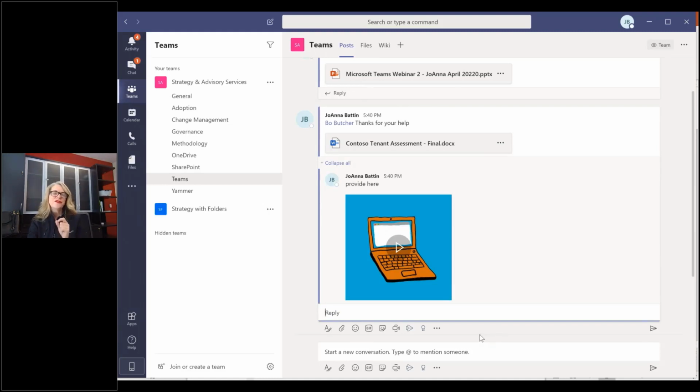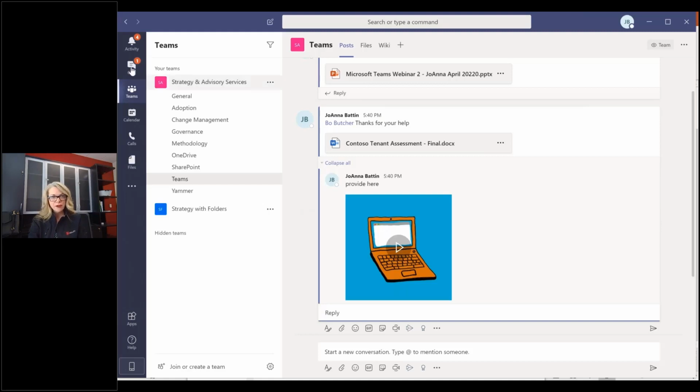So let's talk about the file storage and where files are stored within Teams, because we're going to switch over here to chat in just a second and talk about some of the same capabilities that are in the chat functionality. But when we talk about file storage inside of Teams, we're talking about the SharePoint infrastructure that exists behind the Office 365 group that is tied to the team. And so as I'm working in my team, the folder structure is there, the files are saved there, and the